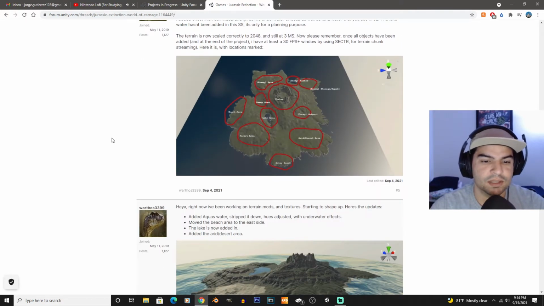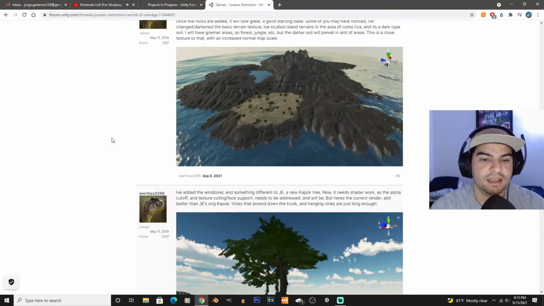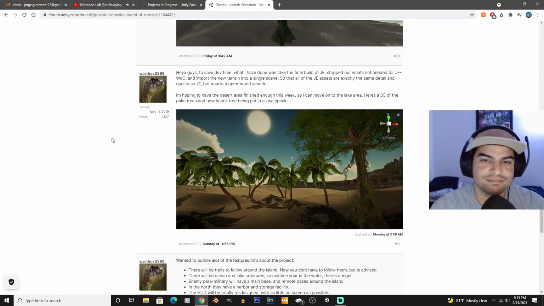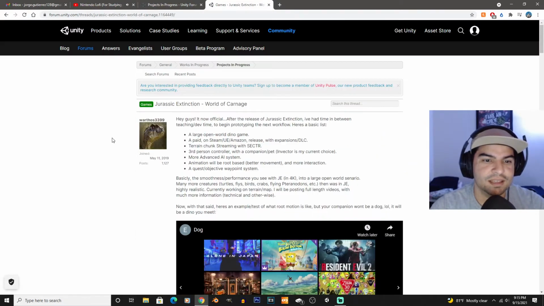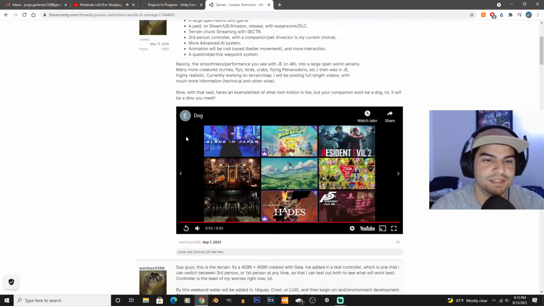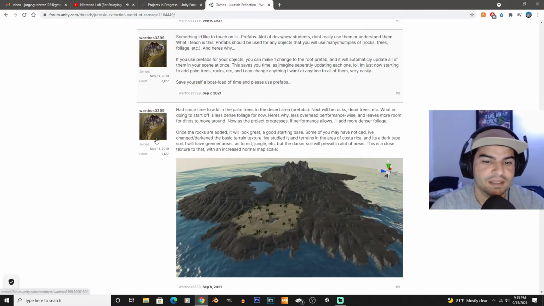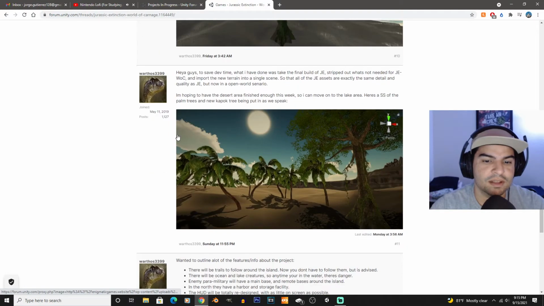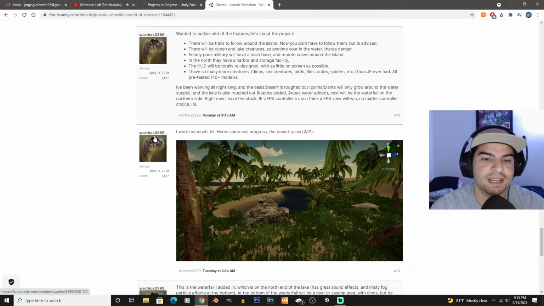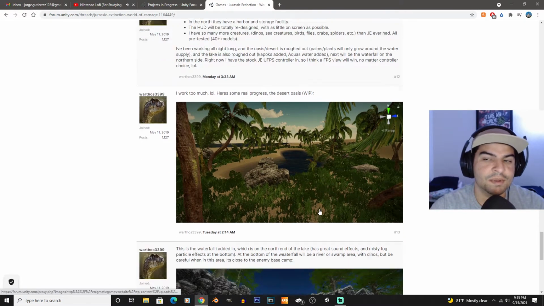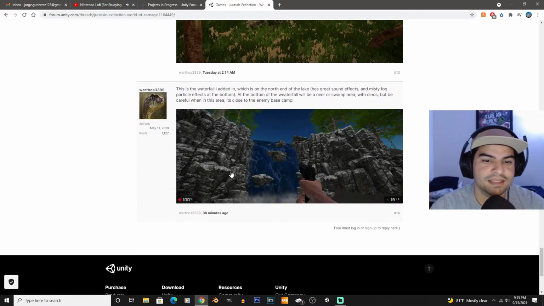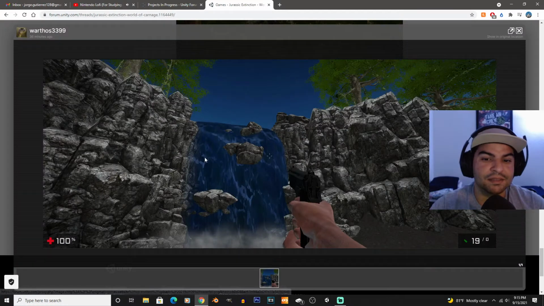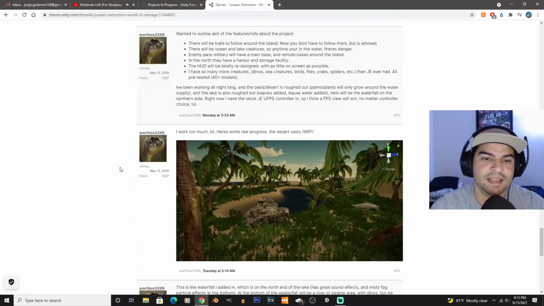Maybe he does know some stuff about Unity, but it looks like he's really more by himself. He mentioned right here that he's between teaching and dev time, which is when he started prototyping. And yeah, some of these screenshots look okay, but believe me, making terrain in Unity is super easy, especially water. So this is not necessarily like, oh my god, this guy's really making some real progress. Yeah, he's making some progress, but I just don't think